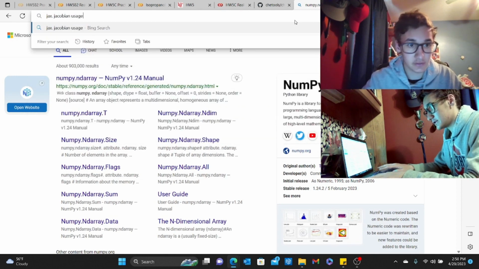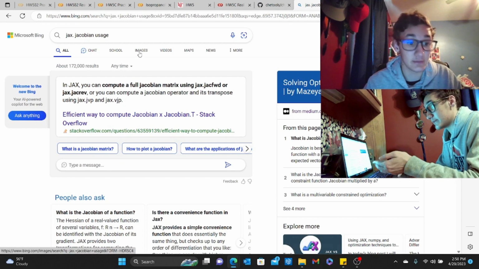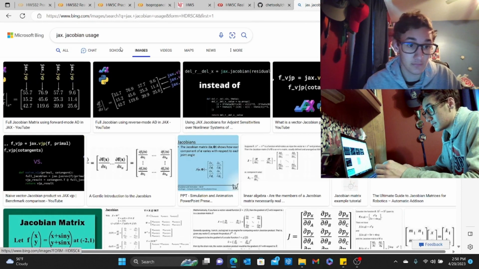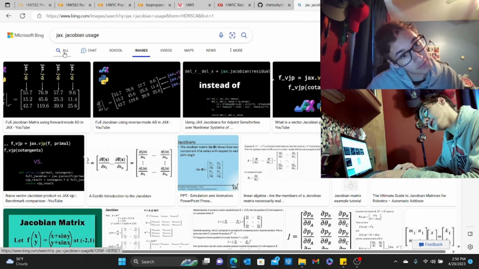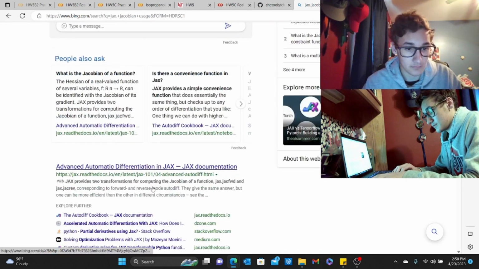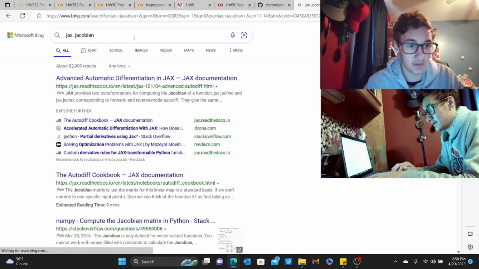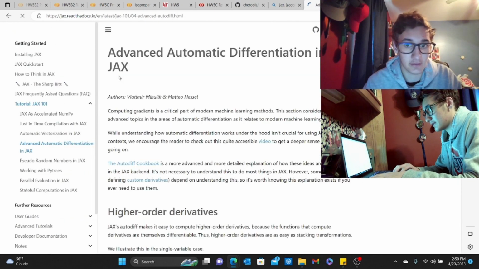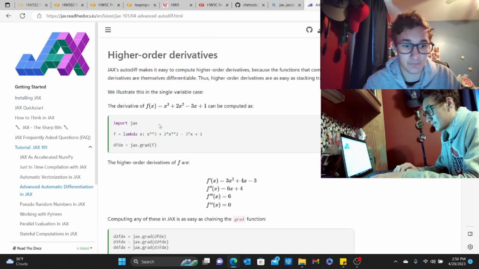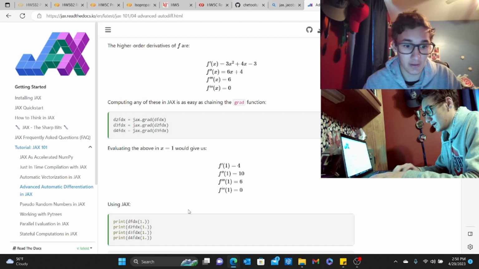Jax.Jacobian usage, compute a matrix. Okay, that's what we're doing, a really big matrix. Okay, it's not the way I wanted to do it. Or let's just do type. Jacobian, look at that. Okay. We don't know the grad, so it's not, look at that. But